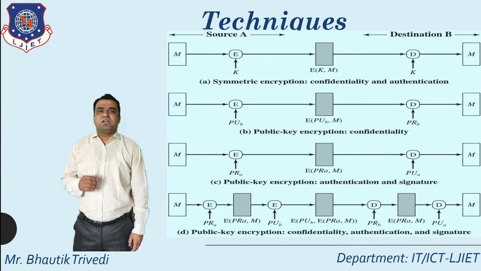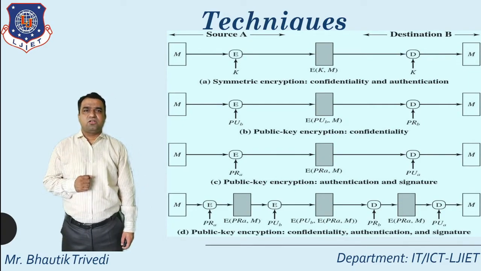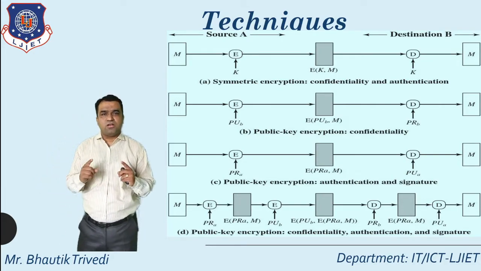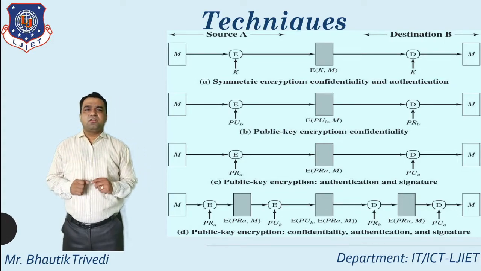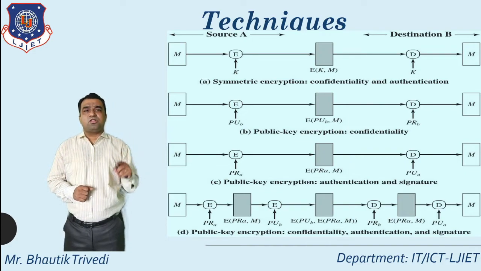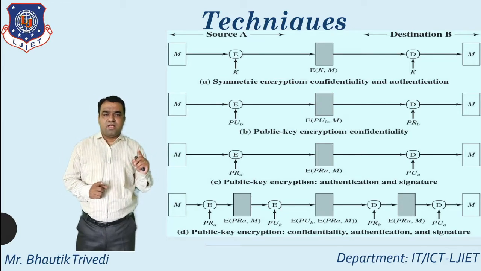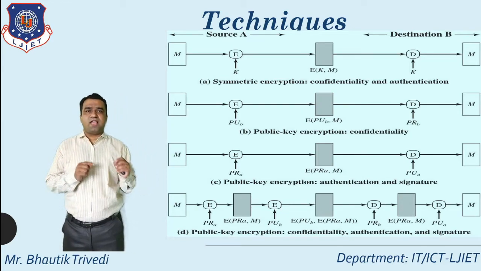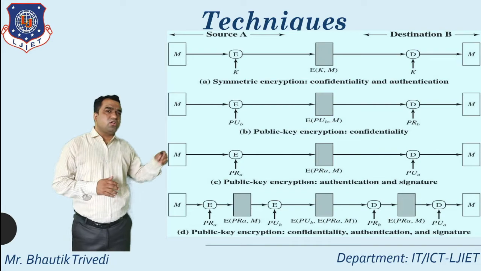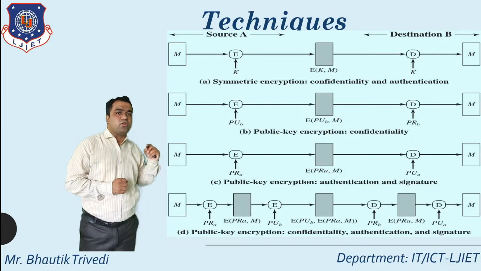After that, which particular techniques are the part of message authentication? So here you just see, all of you know there are mainly 2 types of encryption. One, that is known as symmetric encryption. Second one, that is known as public key encryption. Public key encryption is also known as asymmetric encryption, and symmetric encryption is also known as secret key encryption. So in this particular screen, the total number of diagrams is 4.